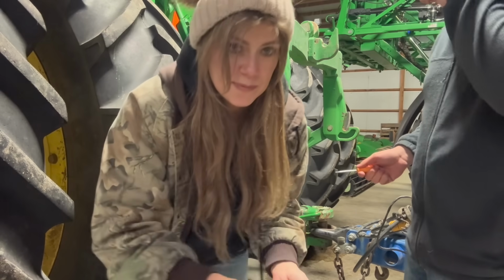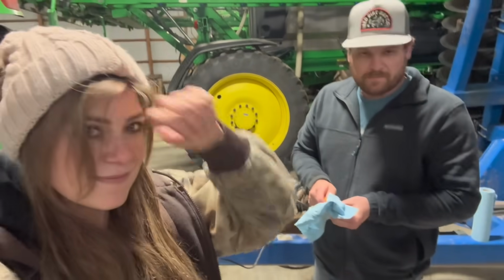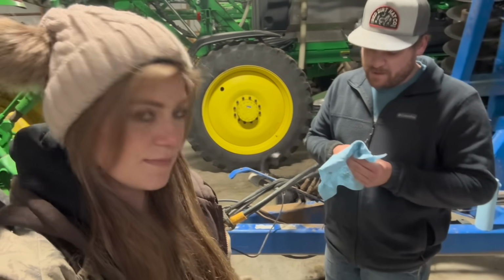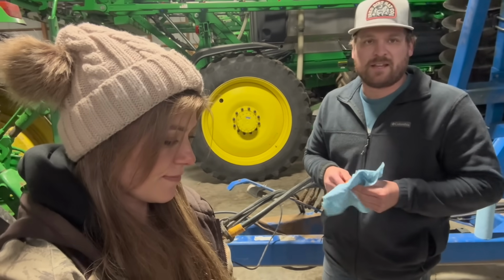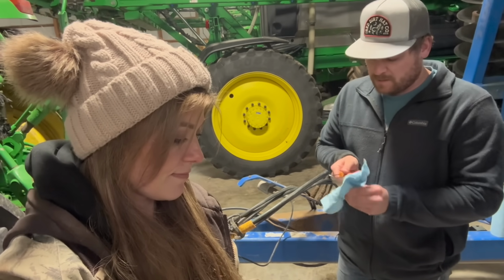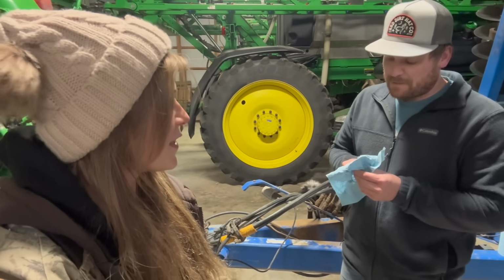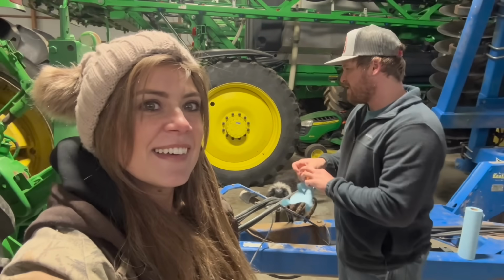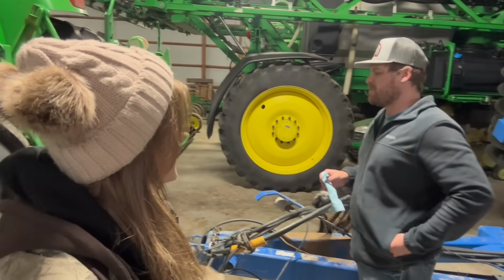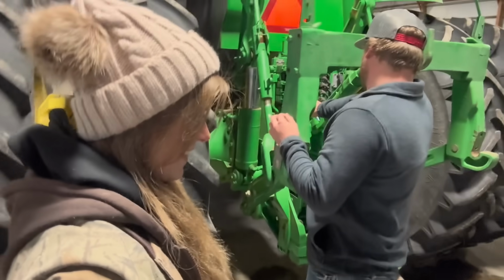Normally our winters get filled with just equipment work, but getting rid of the combine and obviously our trade stuff is going through the shop before it comes here. That takes away a lot of the work right there. And then honestly, the weather has just been too bad to work on sprinklers. That's another big one. I'm actually kind of excited for that because we had fun last year. I think it'll be a lot better this year too because we did so much work last year. I really think this year is going to be a lot easier. True, because we're just going to be running through. Last year it was like every single tower had something going on, remember? Yeah, and then the planter, and we'll be...